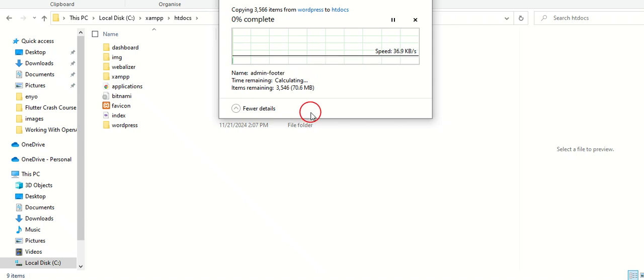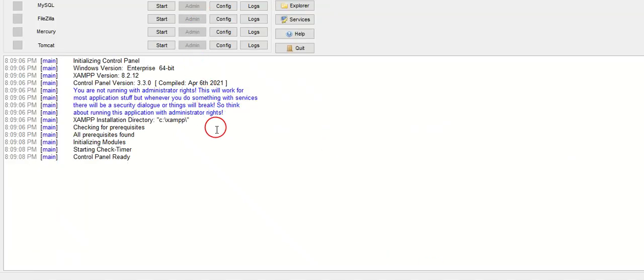Let's wait for it to finish. After it has finished extracting, the essence of this Xamp is for us to work as if you are online. Which means you can work on your WordPress without even having data. This will take care of it for you, so all your browsers will work as if they have data. Please, are we clear? But to do that, you have to start this Apache. Start it.